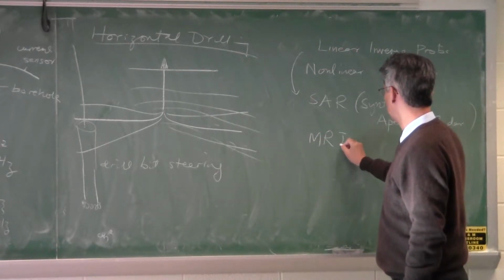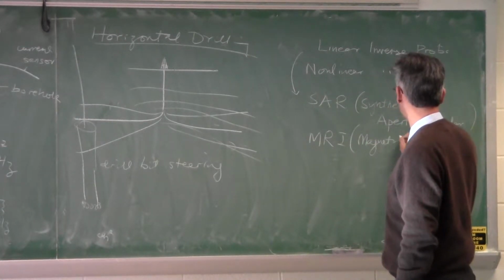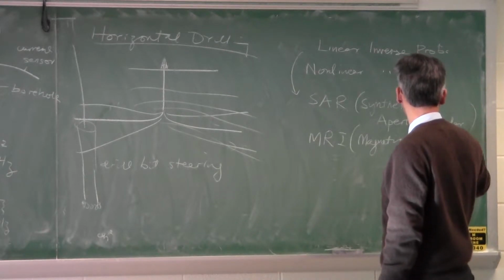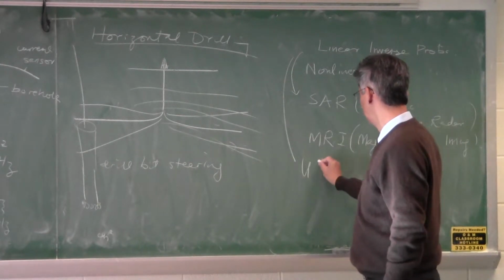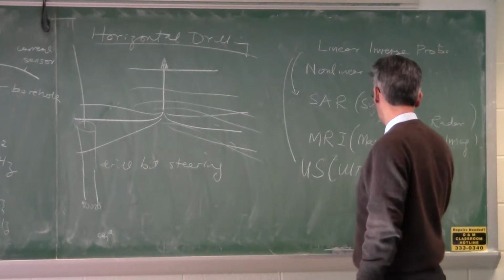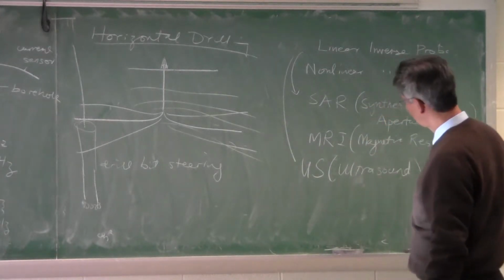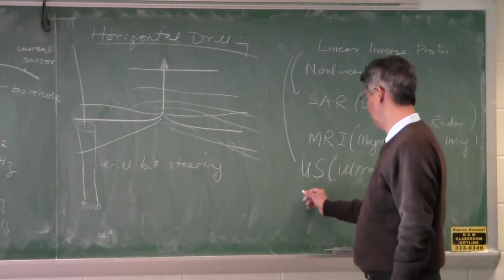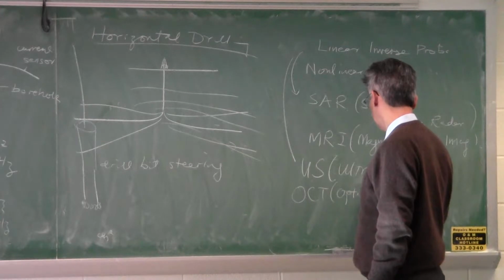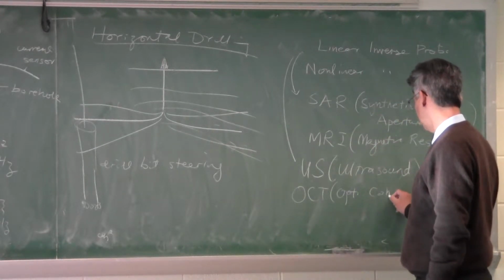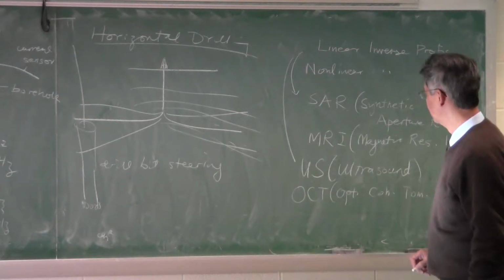Magnetic resonance imaging is another example of a good inverse problem. Another one is ultrasound. And you can see that what you do in optics now, optical coherence tomography, is a kind of inverse problem that's linear. Okay, X-ray